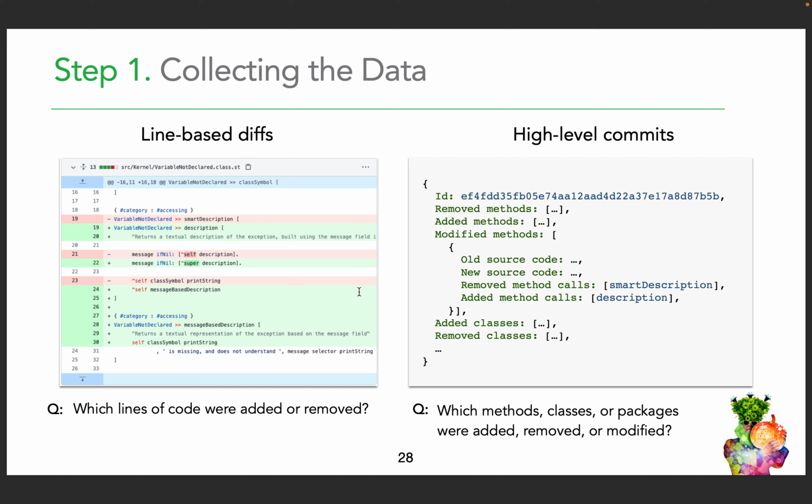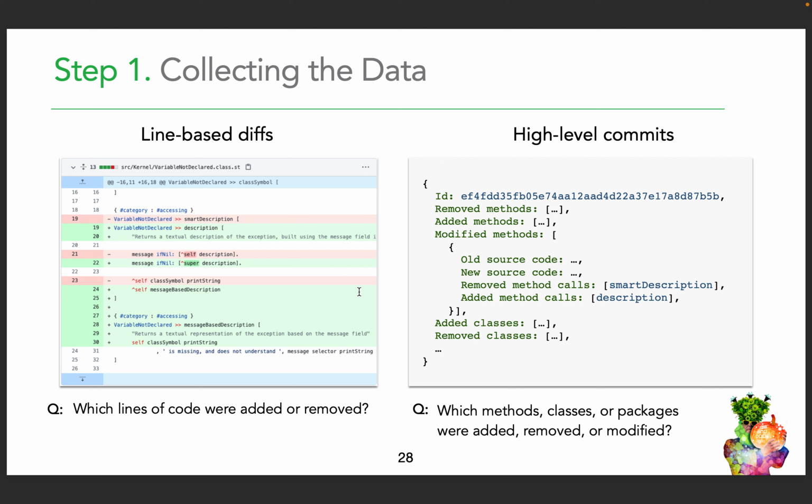The diffs that are provided by version control systems such as Git, those are line-based diffs. And for what we want to do, it's much more useful to have some higher level representation.